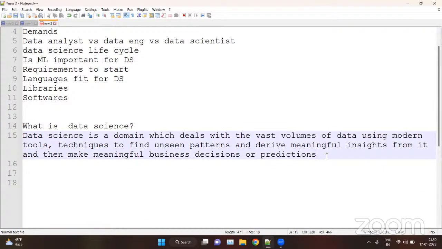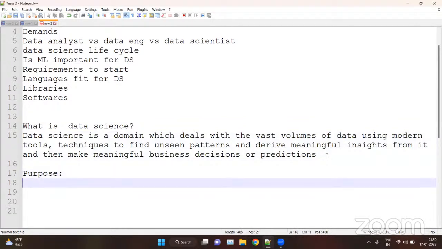So it is a domain which deals with a vast amount of data. The main purpose of data science is to deal with a large amount of data, to clean the data, meaning to refine the data and make it comfortable for the business environment.